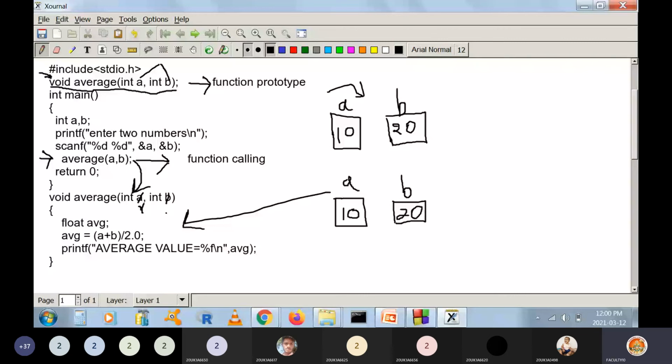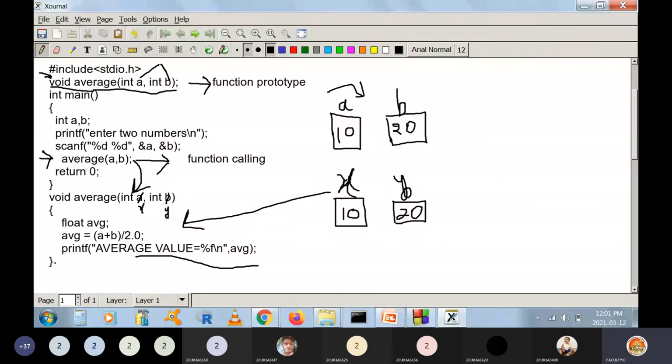So what happens here? The a value will come and be stored into x. This will become x here, and the b value 20 will come and be stored in y. So this will become y here. So this x and y are local to this function. That means they are accessible only within the function. So float average. Average is equal to x plus y by 2. Then it prints the value, because it is not going to return this average value. So the first category type we are defining here. So the result must be printed only inside the function. So that's why I'm printing the value here. Average value is equal to, I am printing here.